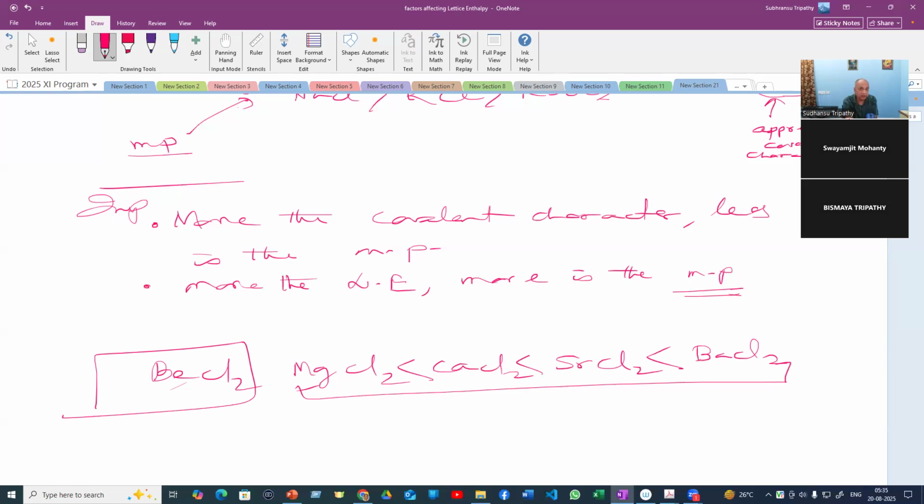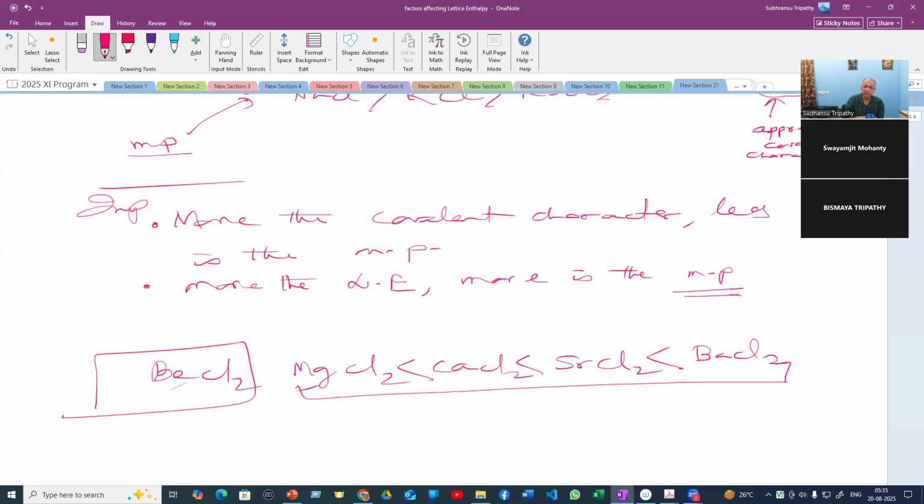Here, the dominant factor is covalent character. More the covalent character, less is the melting point. Magnesium chloride has more covalent character, less melting point. Barium chloride has less covalent character, hence more melting point. Here I can say more ionic character, but ionic character means its polarity, dipole moment, electronegativity